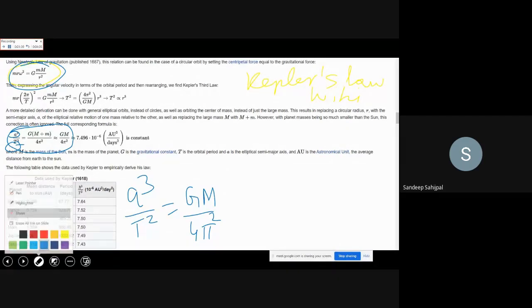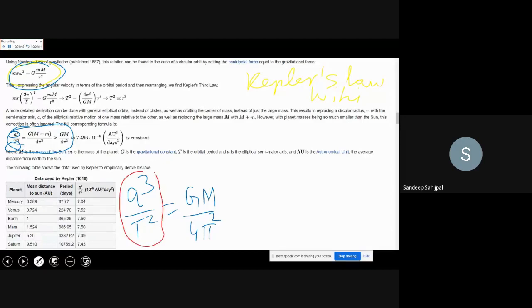ठीक है। अब एक इंटरेस्टिंग चीज देखो, विकिपीडिया ने इन्होंने कैलकुलेट करा हुआ है। ये जो चीज है ये डिपेंड करती है आपकी ग्रेविटी पे और आपके मास पे। तो अगर आप सन का केस लो, मींस इफ M इज कॉरस्पॉन्डिंग टू द मास ऑफ द सन। और फिर आप मरकरी का लो, तो दिस a cubed upon T squared, ये जो वैल्यू है ये इतनी आती है। चाहे मरकरी हो, चाहे वीनस हो, चाहे अर्थ हो, मार्स हो, जुपिटर, सैटर्न, सबकी एक वैल्यू आएगी। तो दिस इज केप्लर्स लॉ।